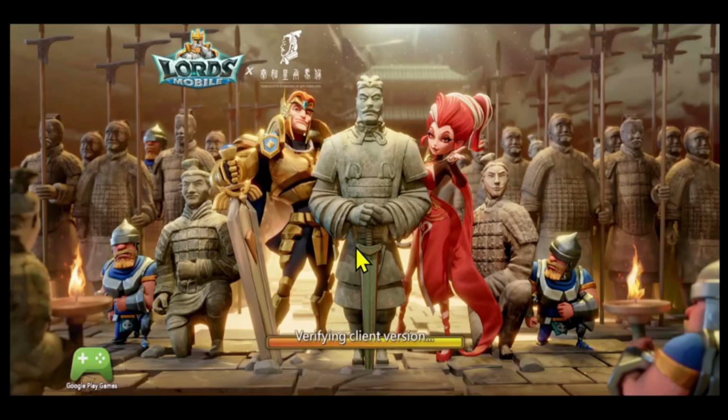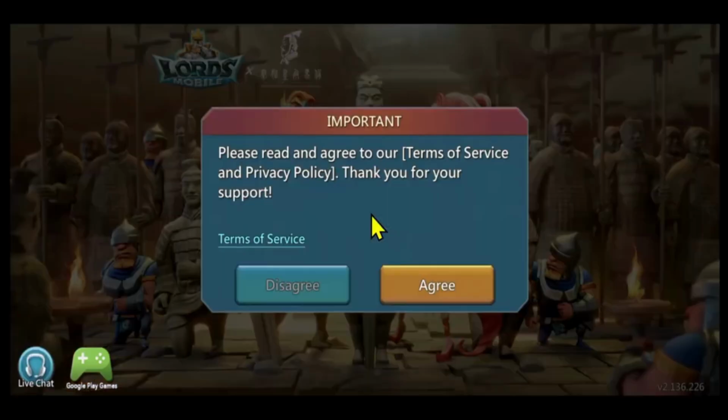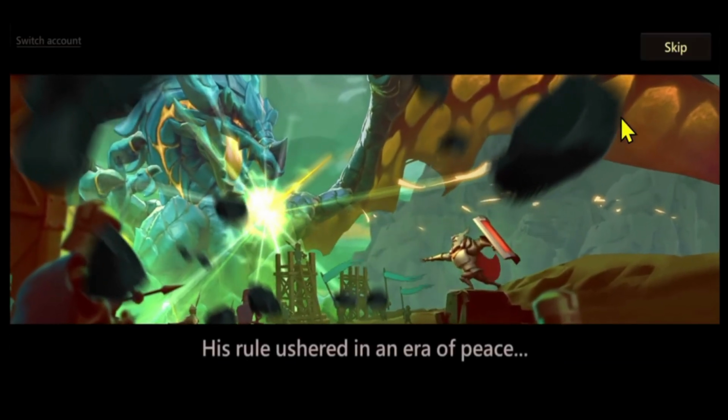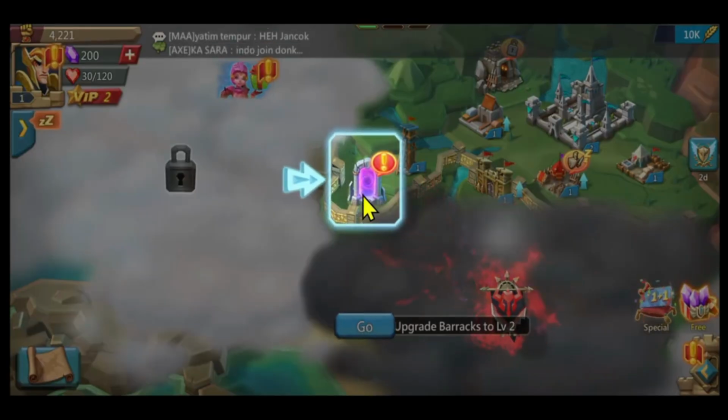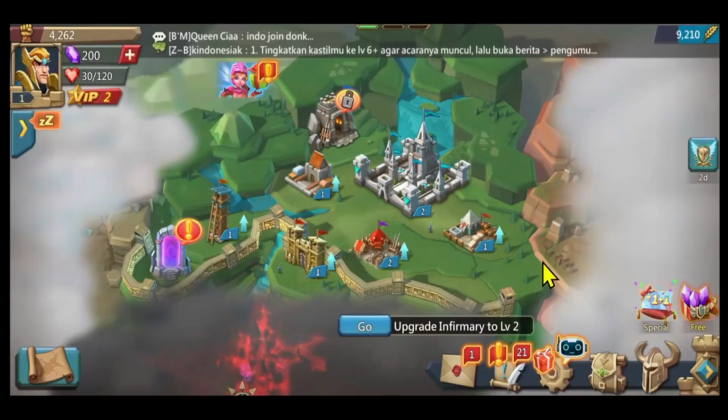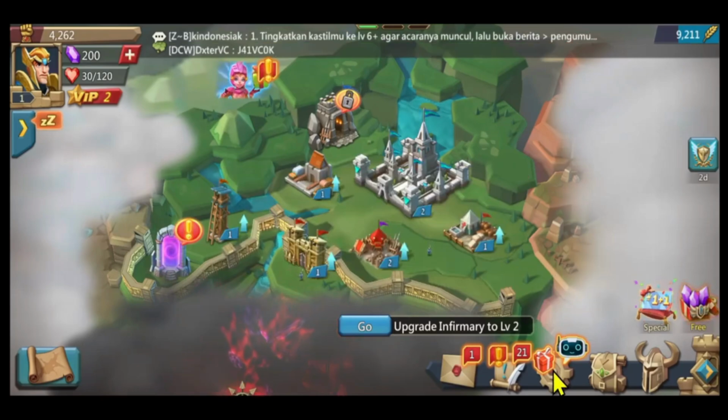And once you open it up, after the game has been fully loaded, you will see the terms and conditions. Tap on the agree button and watch the game intro. You can skip it if you wish, and you will be taken through the basic tutorial levels for the game. Once you complete the basic tutorial levels, tap on the gear icon at the bottom section from the main menu,